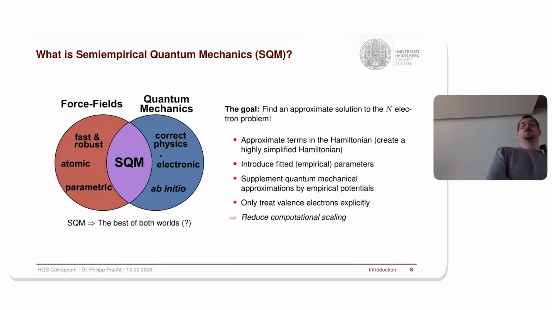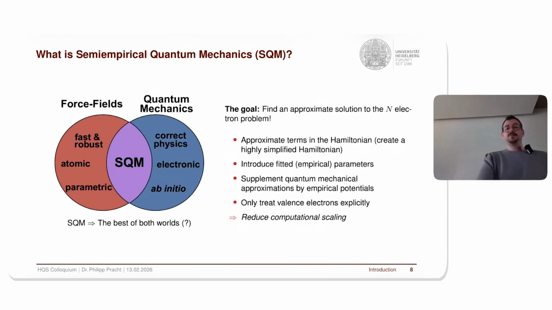You have a Hamiltonian which you parameterize heavily like you would in a force field method. The goal here is still to find the approximate solution to the Schrödinger equation, a really approximate one here. And due to the parameterization, reduce the computational scaling so that you can have a quantum mechanical calculation for larger